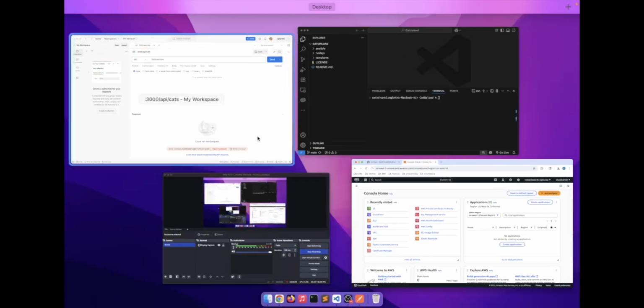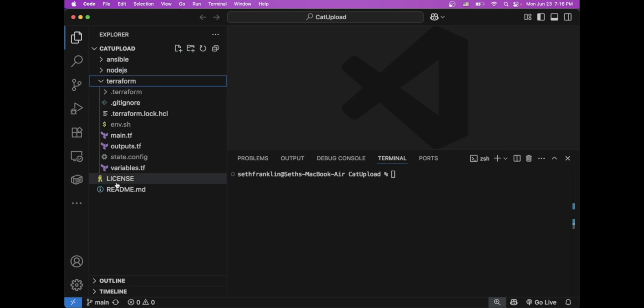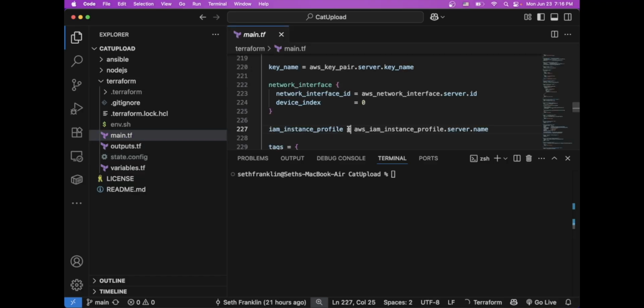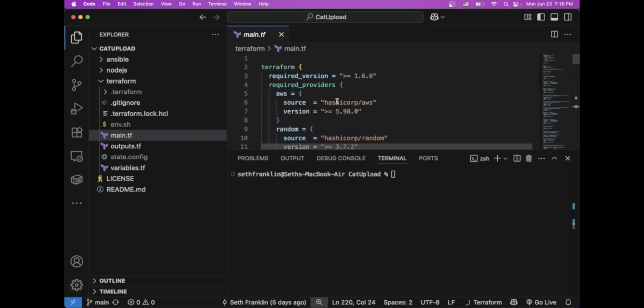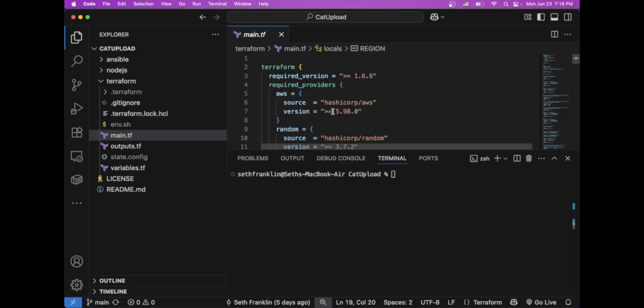So I'm going to go to VS Code. I have my Git repo up, and I have a few sections. I have one for Ansible, one for Node.js, which was the application that gets deployed, and one for Terraform. So I'm going to start with Terraform. I use Terraform to deploy all of the AWS resources. So think things like the S3 bucket, the VPC, the EC2 instance, the RDS instance. They all get defined in this